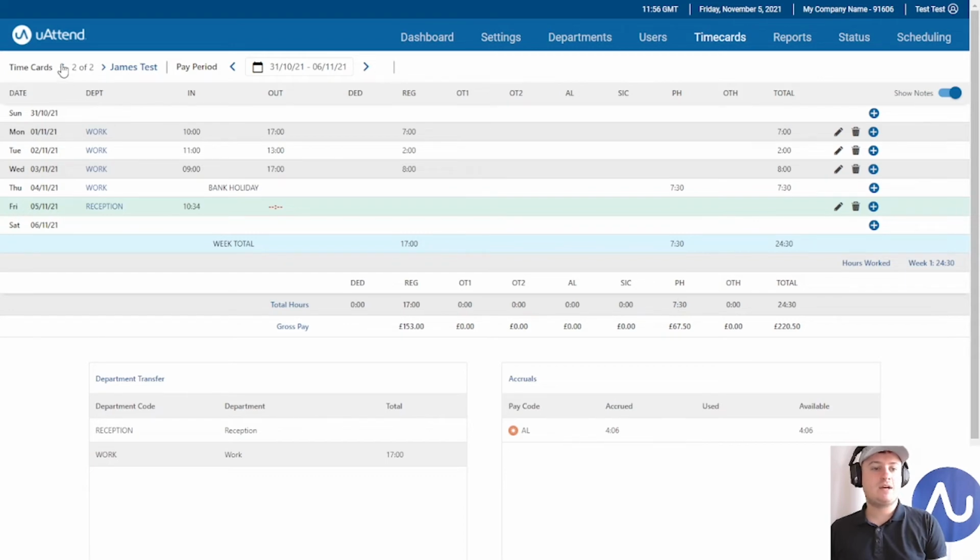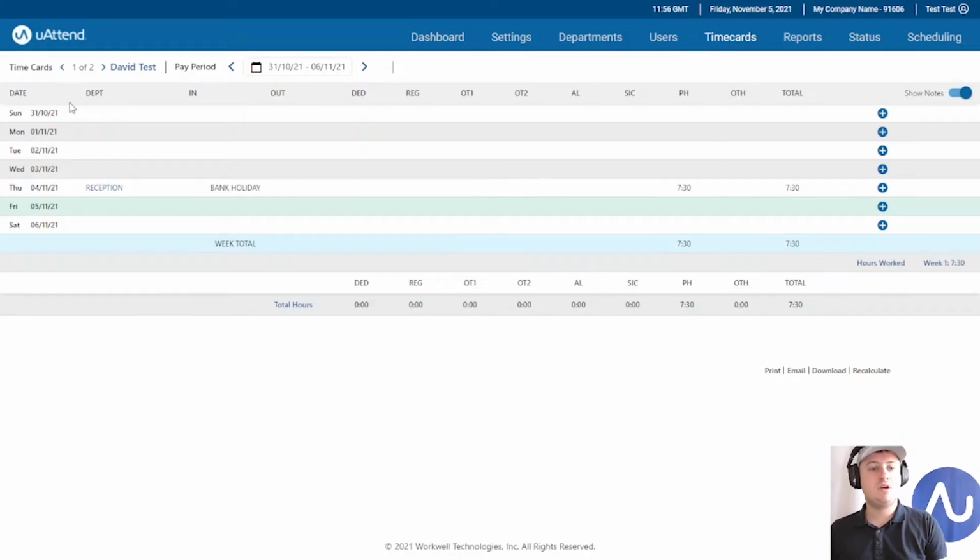If I go back to my other employee, which is here by pressing the arrow, you can see I have David test. Like I said, it's applied to everyone, so David gets 7.5 hours. Naturally, some employees are on different contracts in businesses, so not everybody works 7.5 hours. You are able to adjust this per individual. So if we take David test, for instance, let's say David actually only gets 5 hours on a Thursday. So if I click David test,